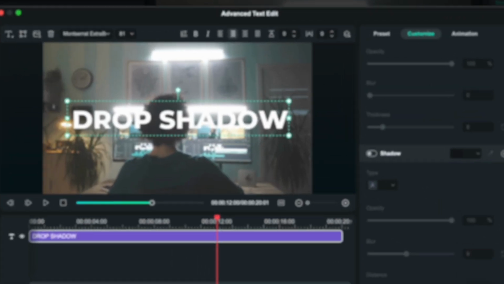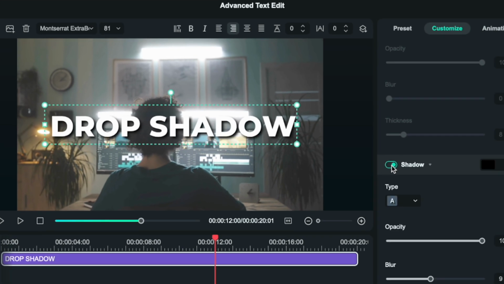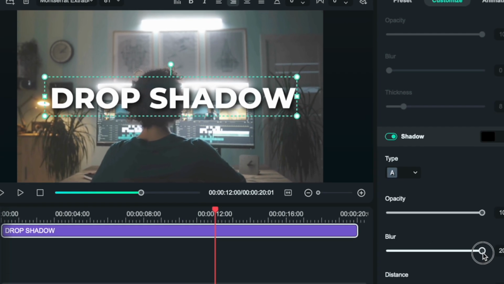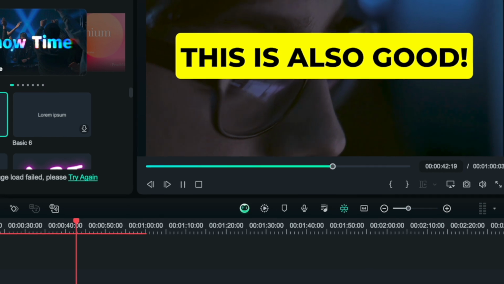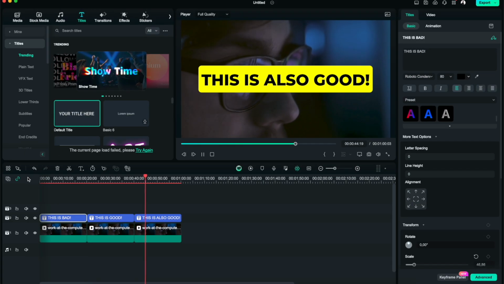One easy way to add more contrast between your text and your background is to use either a drop shadow or some form of a background for your text. These are two very simple ways, and they're applicable for literally all types of footage. Or again, just make sure that if you are using white text, your background is much darker. If you're using dark text, make sure your background is a lot brighter.